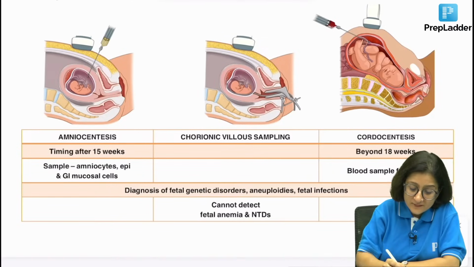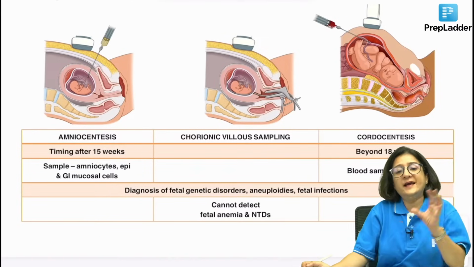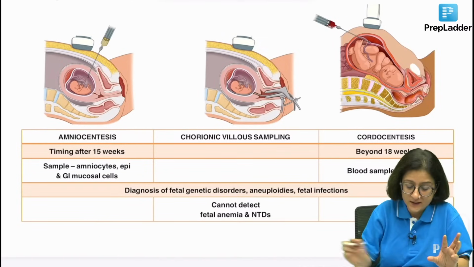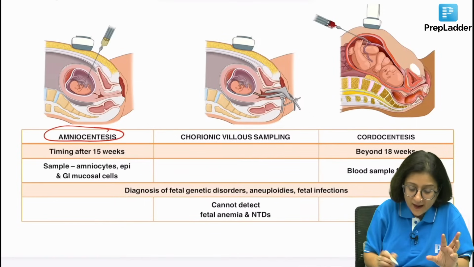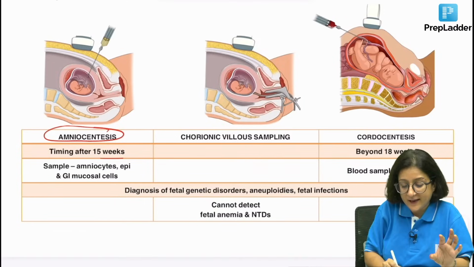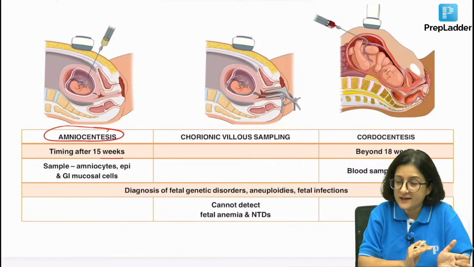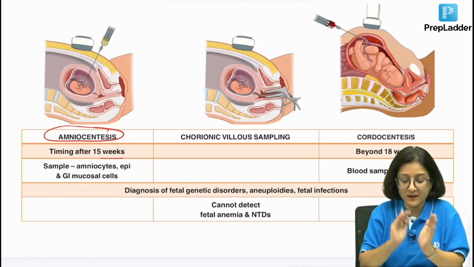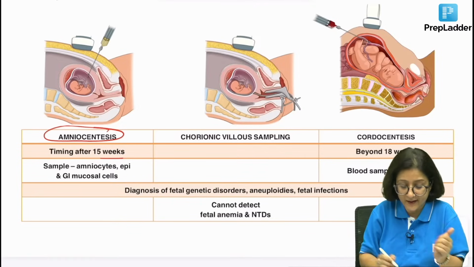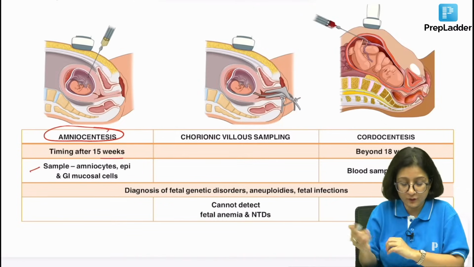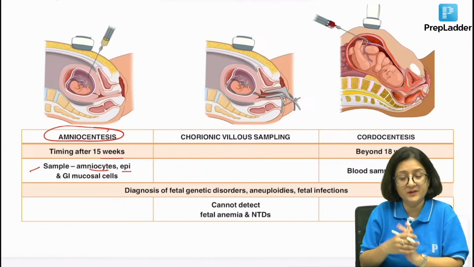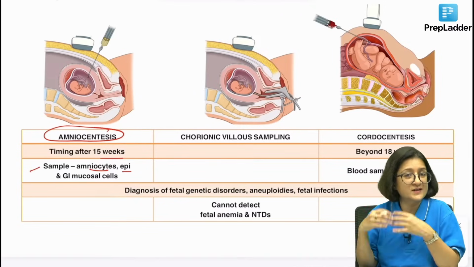Now, in the next image, what are we seeing? We are seeing these images of the invasive fetal testing procedures. On the first we are seeing amniocentesis. Please remember the timing is anytime after 15 weeks, right? We would do it earlier as well, but now we are not doing it. So timing is after 15 weeks. The sample is the amniotic fluid amniocytes and the epithelial and the GI mucosal cells which are suspended in the